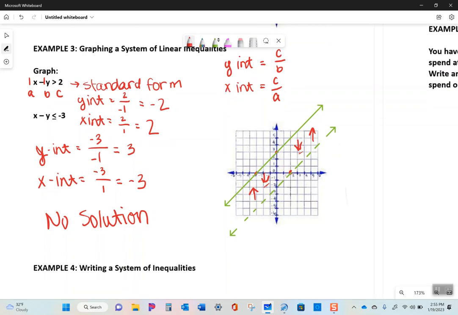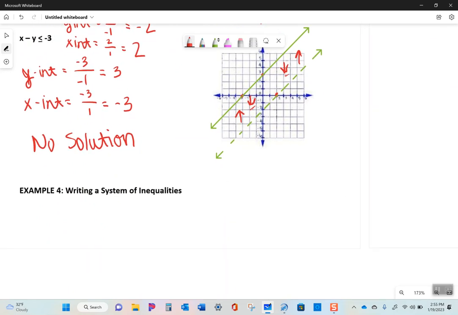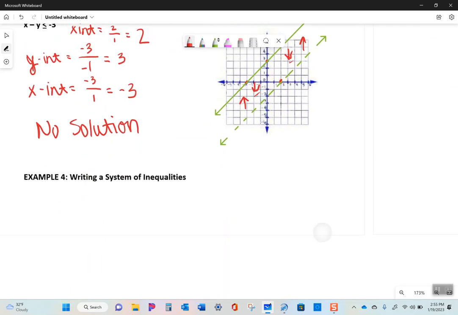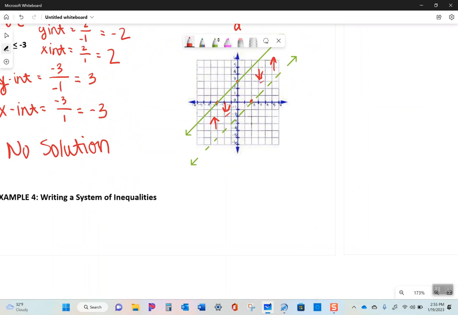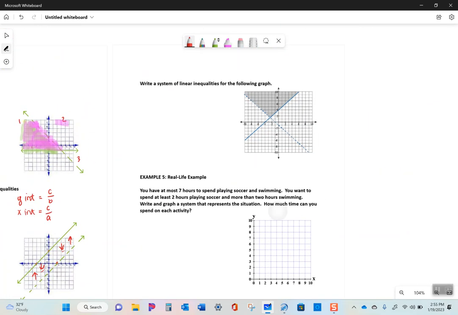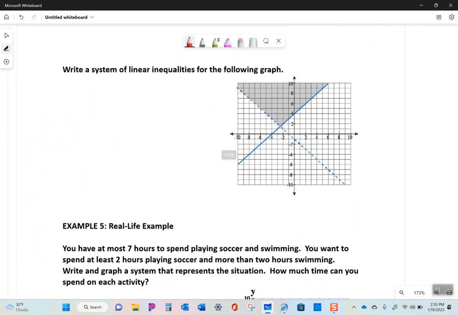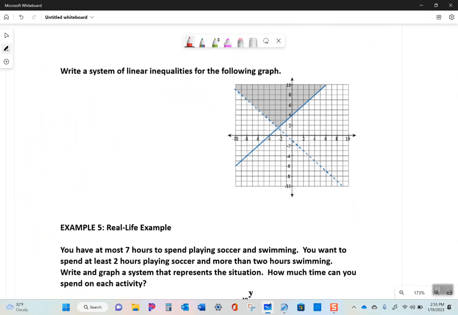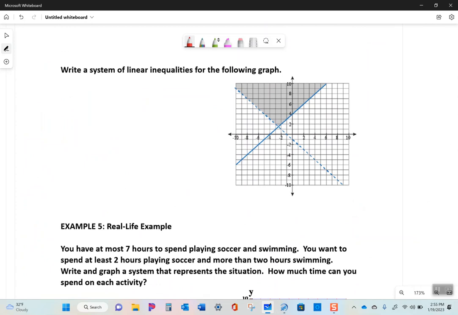All right. Do you guys want to write some inequalities? Write some systems? Yeah, you guys don't want to do anything today, okay? It's like pulling teeth with you guys today. All right, but I'm going to make you guys do it anyways. Sorry. All right, so we're going to write a system of linear